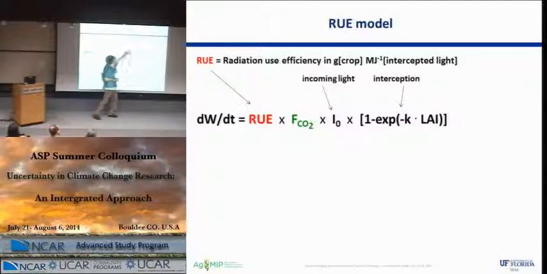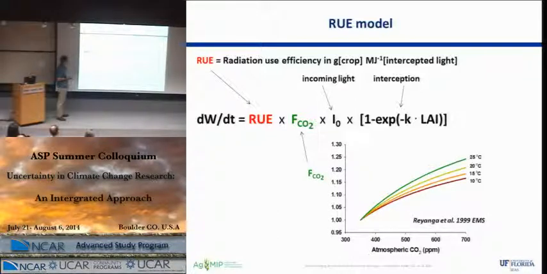This is basically the intercepted incoming light. It's translated via radiation use efficiency through a constant, because it's constant for a crop, into growth. And then it can be manipulated with a factor which has been established from a range of controlled environment experiments,